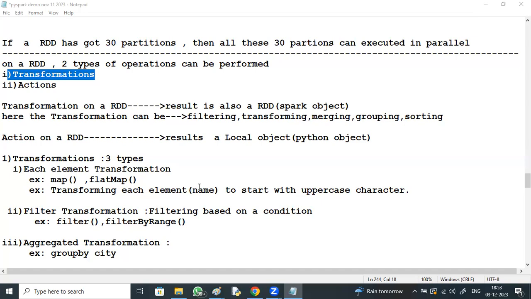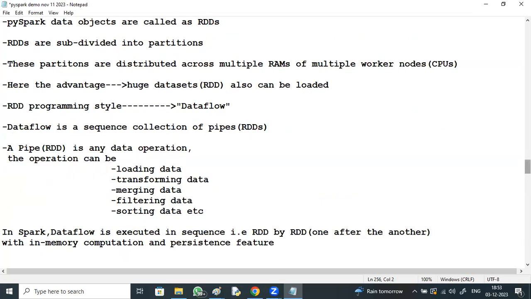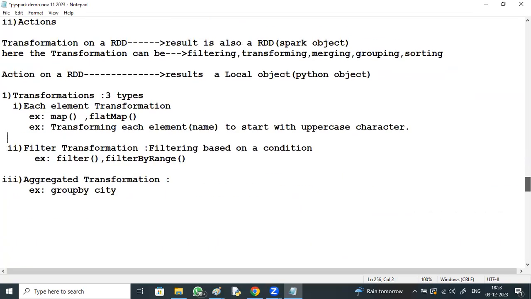Okay. Transformations come in three types: each element, filter and aggregated transformations. Say aggregated transformations: group by city, group by department number.